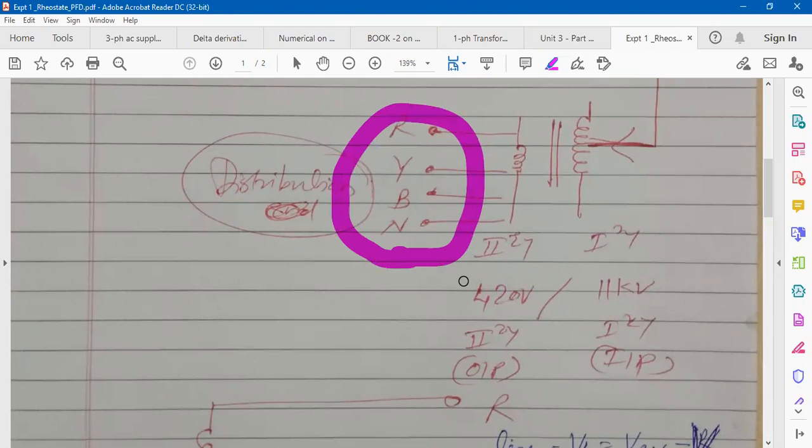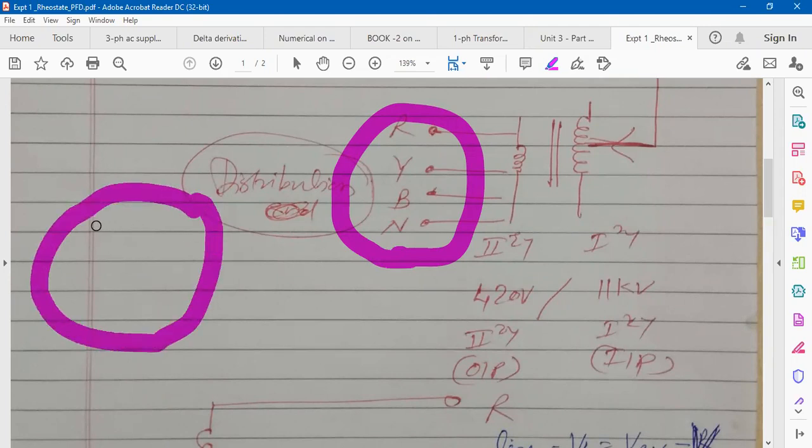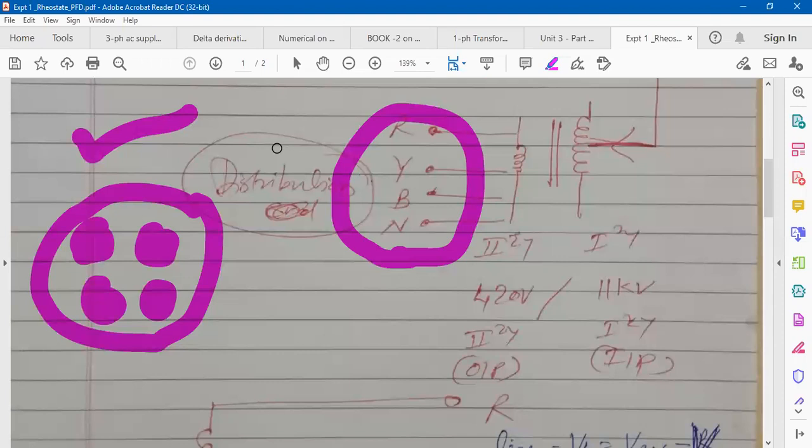is tapped to every building with the help of a cable. So you can see a 4-core cable. In practicals, we have learned about the cables. You may have learned 2-core cable, 3-core cable, 4-core cable. So here a 4-core cable is required: R, Y, B, neutral. This one is a cut section of the cable and its front view, isn't it?